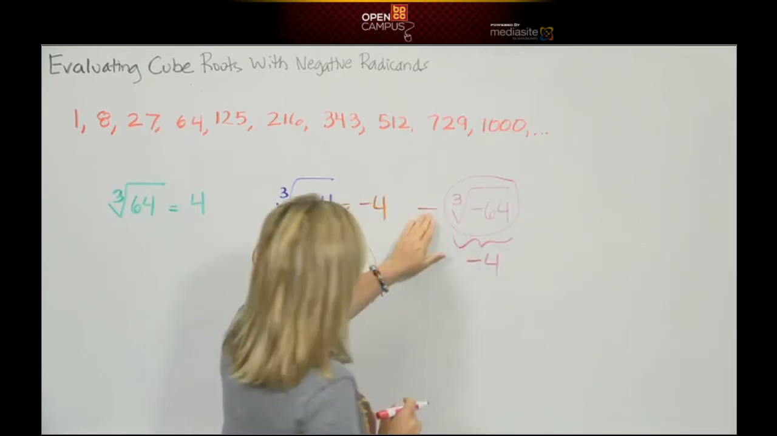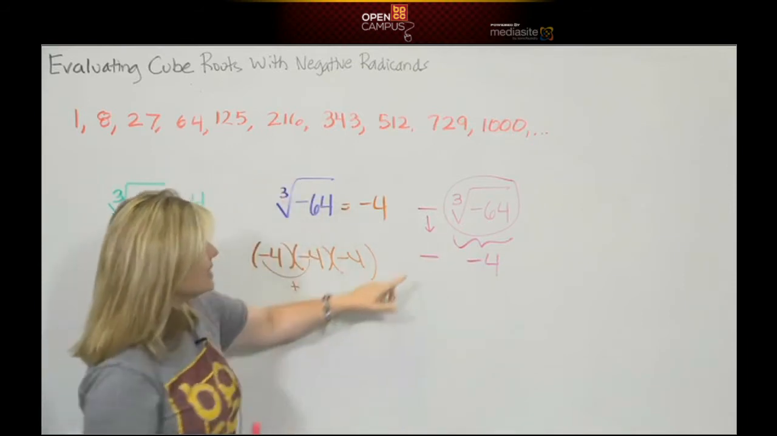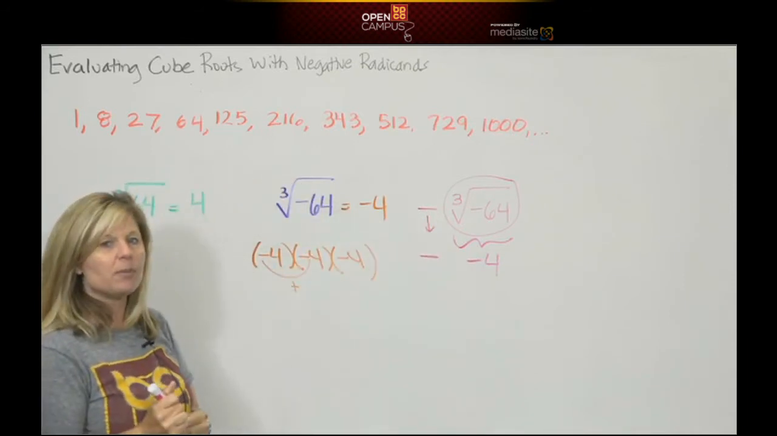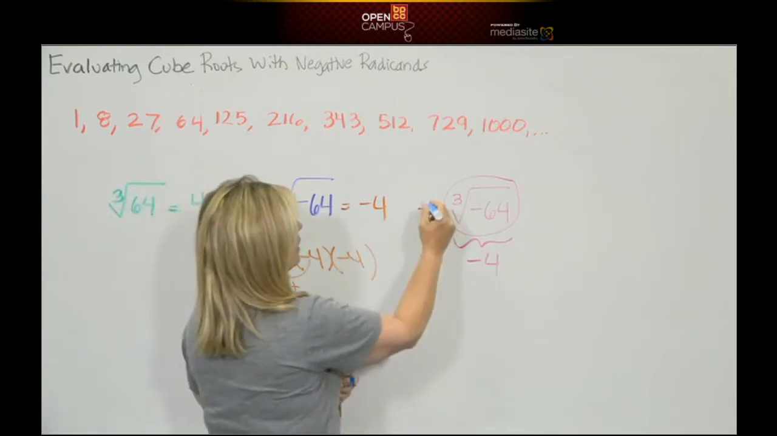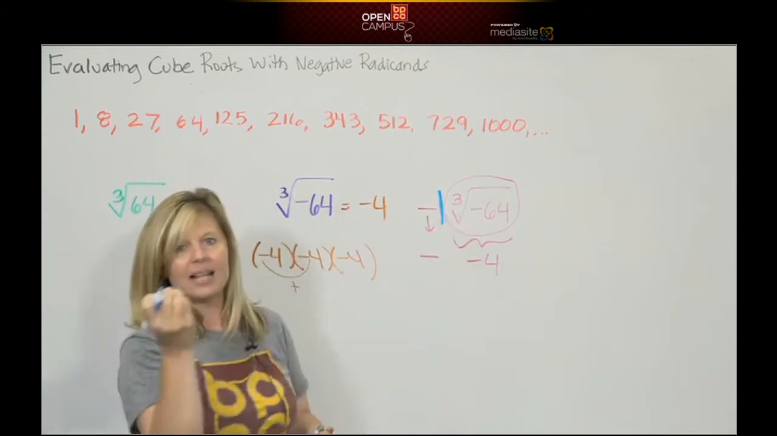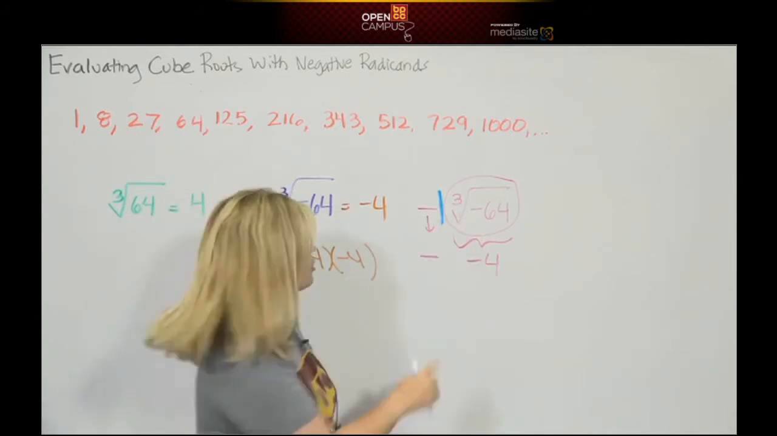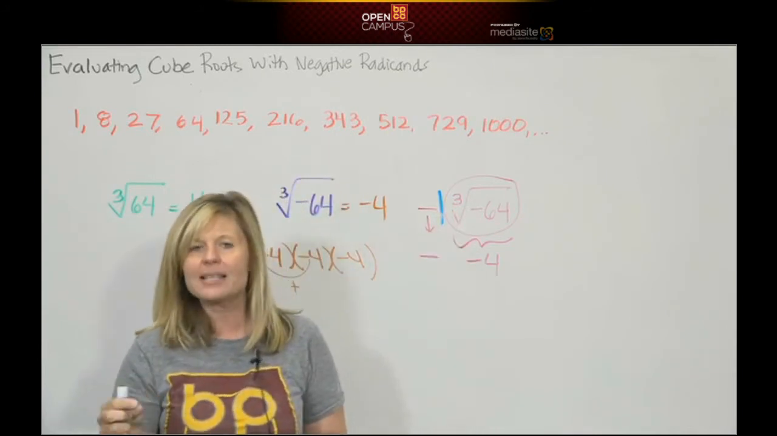Now we got to deal with this negative on the outside. Well, I'm just going to bring it down. This negative on the outside is understood to be a coefficient. It is understood to be negative 1. If you want me to write it in, I will in a different color. And that negative 1 is butt up against that cube root symbol. There's nothing in between that negative 1 and that cube root symbol. There's nothing in between there. That means it's connected by